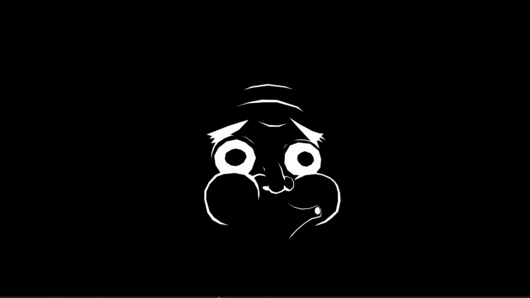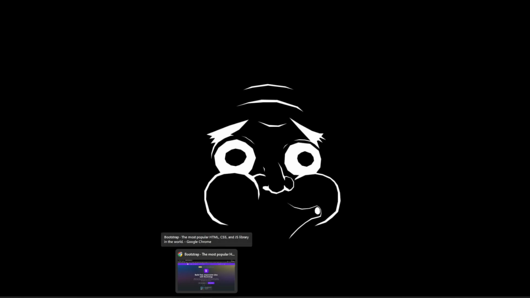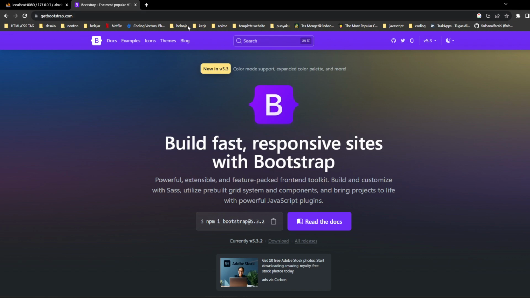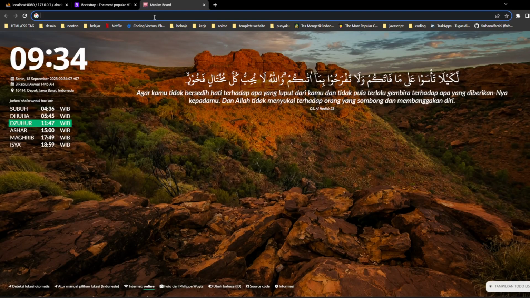And then go to Chrome. If you want to use Chrome or Firefox or others, it's up to you guys. And after that you can write localhost/phpmyadmin like this.